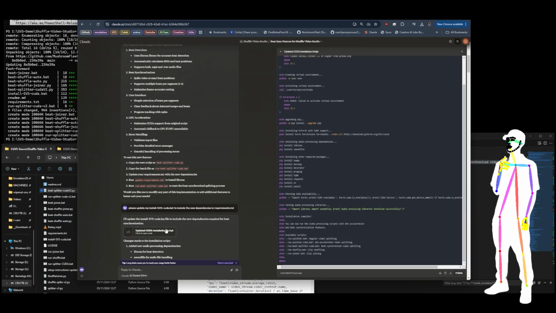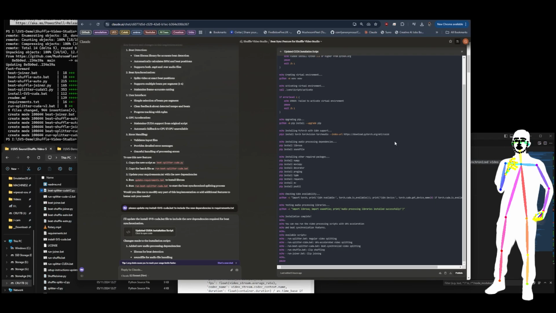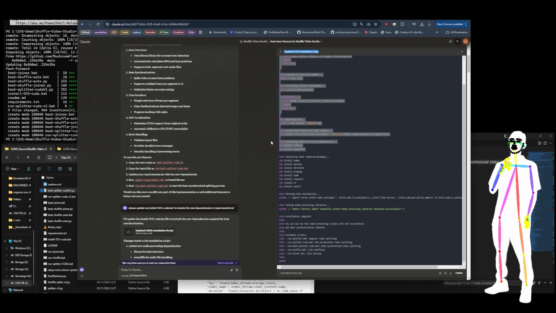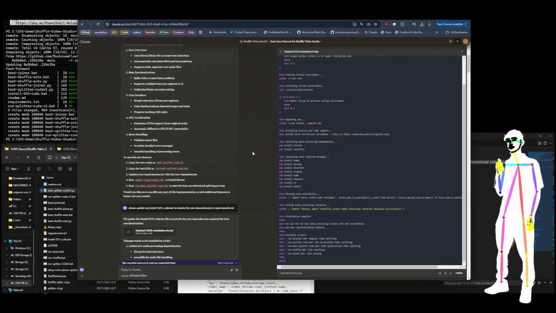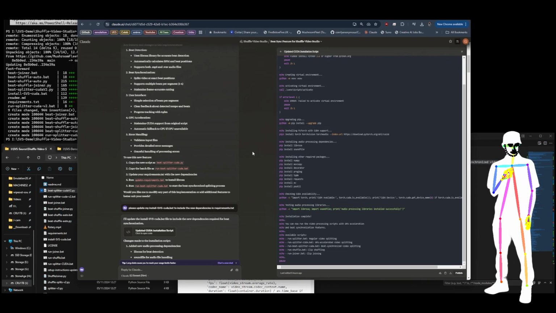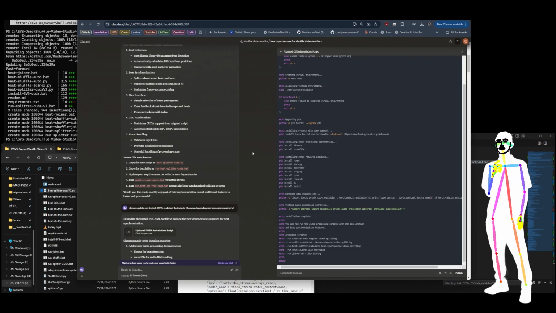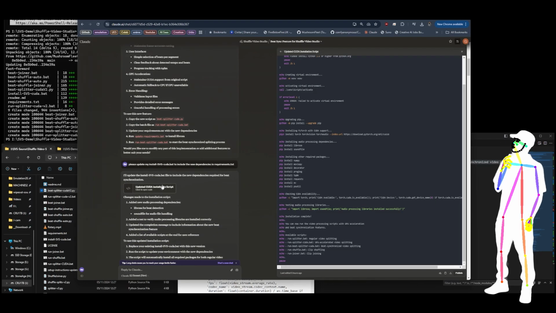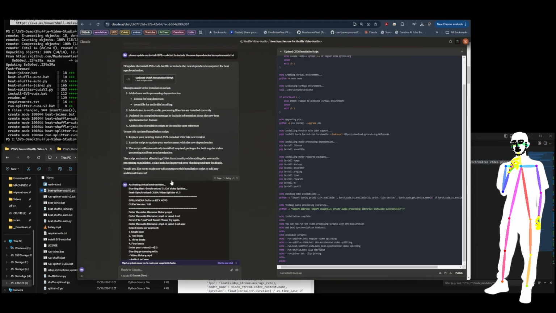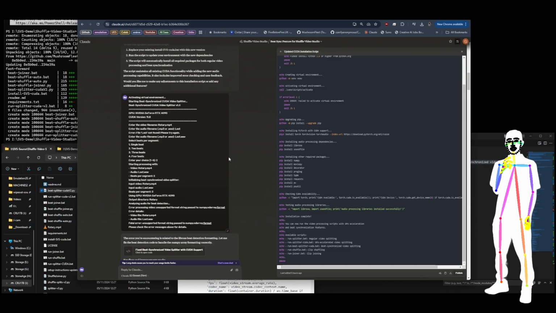So here we have the updated CUDA installation script. It essentially just adds these lines here for the new audio processing dependencies. Not a big deal, but remember, that's the sort of thing that you might have a lapse and go, oh, I don't remember that. I know I added it to my requirements, but I may have forgotten to put it into the install script. There it is. So, updated CUDA script, right? So then I